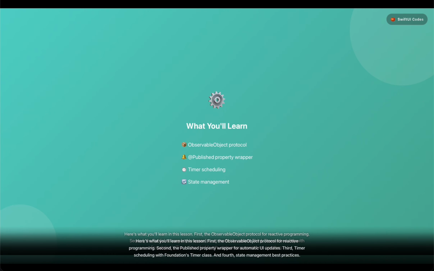Here's what you'll learn in this lesson. First, the ObservableObject protocol for reactive programming. Second, the Published property wrapper for automatic UI updates. Third, timer scheduling with Foundation's Timer class. And fourth,